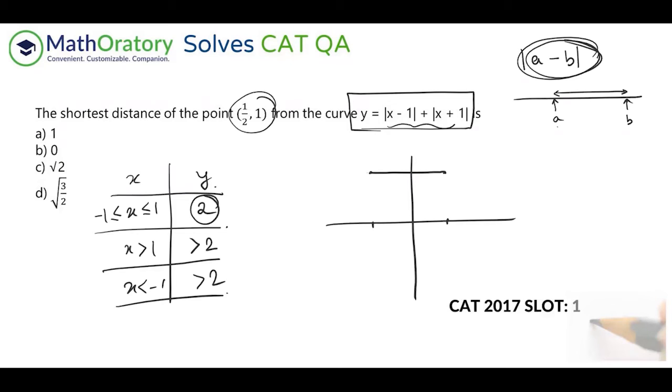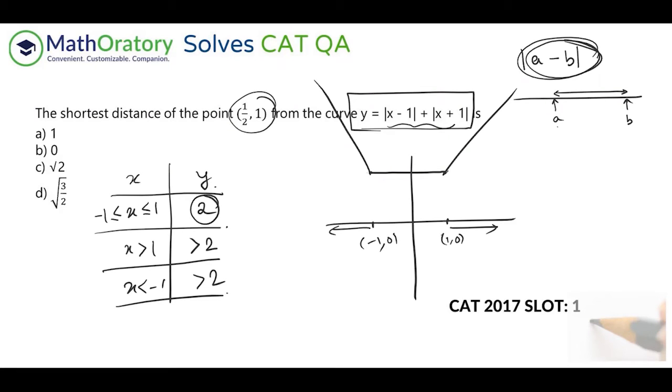Now, whenever x is more than 1 or x is less than -1, so x beyond these points, I'm considering this point to be (1, 0) and this point to be (-1, 0). So x is anywhere greater than 1 or less than -1, the y value increases, right? However it increases, we don't care. Now, this is how, roughly speaking, the graph will look.